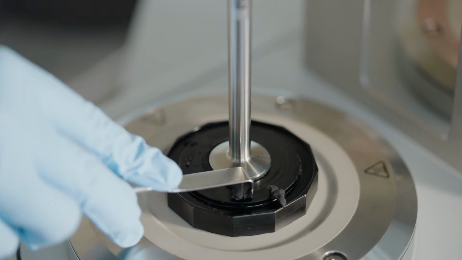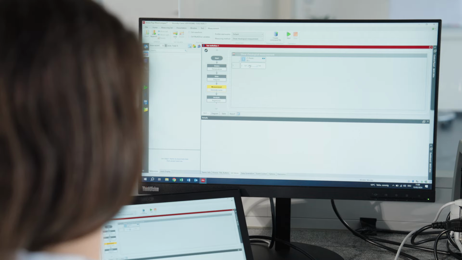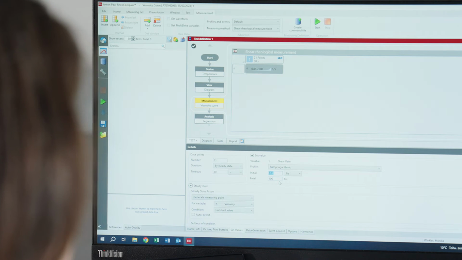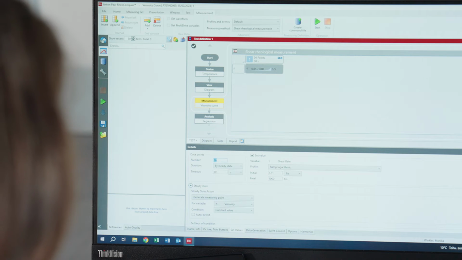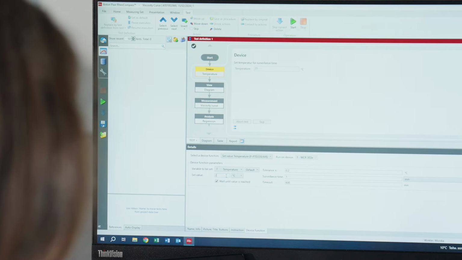Remove the excess slurry by trimming with a spatula. In the method template, set the desired shear rate values, in this case 0.01 to 1000 reciprocal seconds. Choose the desired number of data points, set the plate temperature if necessary, and start.